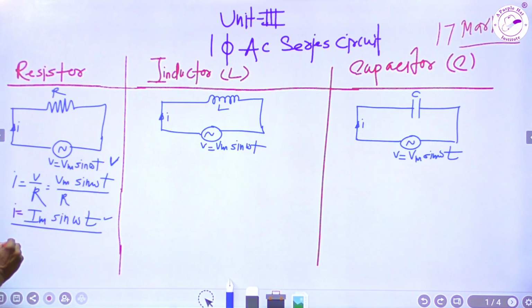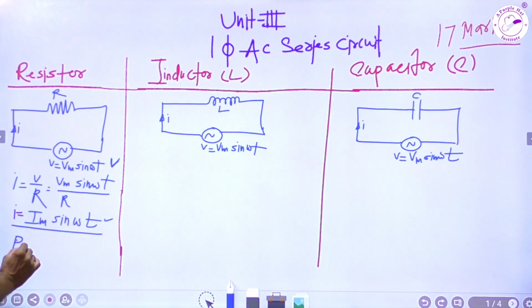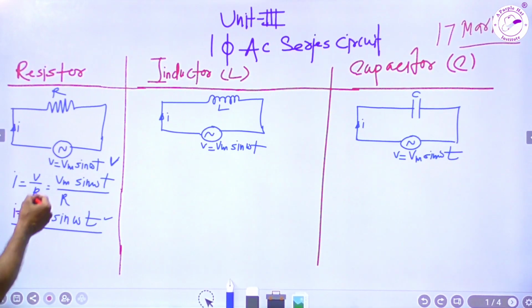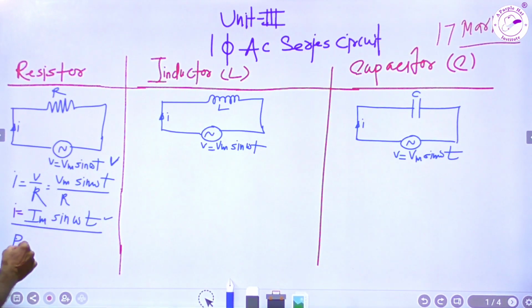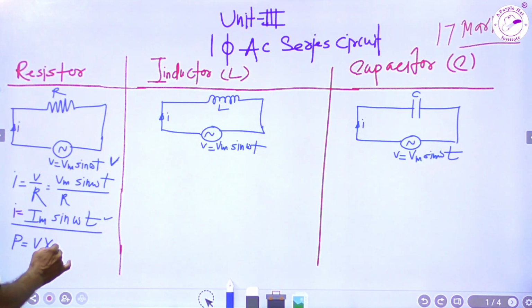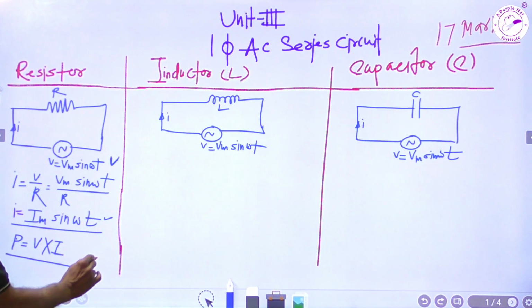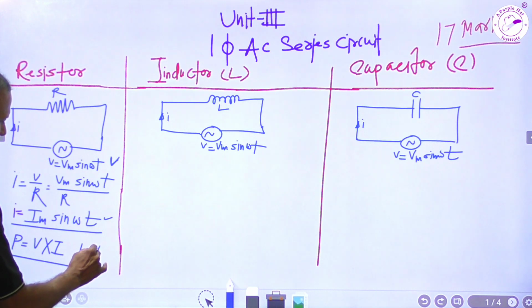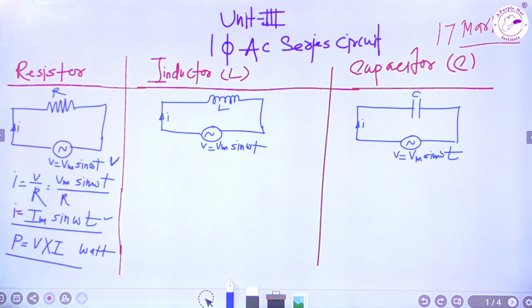Now power is also an important thing in the case of resistance. Power is the product of the RMS value of voltage and the RMS value of the current. This is equal to power in watt in the case of a pure resistor. At the end of the chapter we will find the waveform and phasor diagram for all the cases, containing resistor, containing inductor, containing capacitor. In short, I will just cover finding the value of voltage and current in each case.